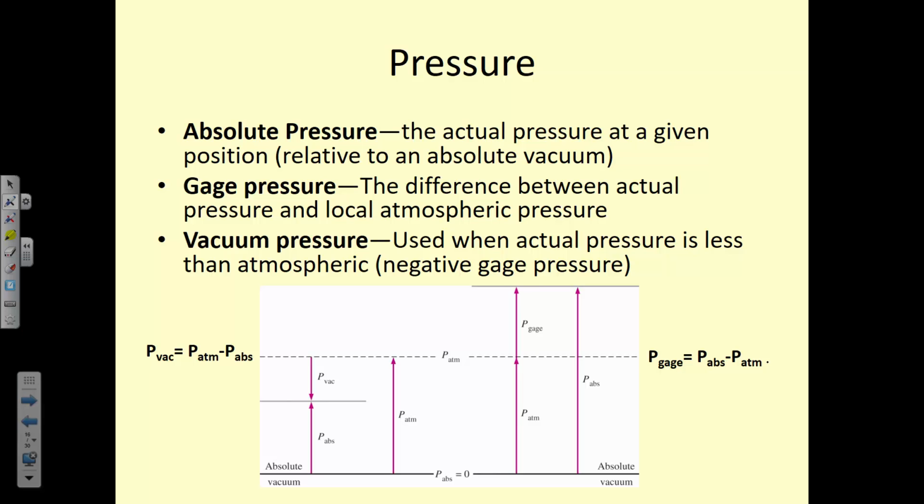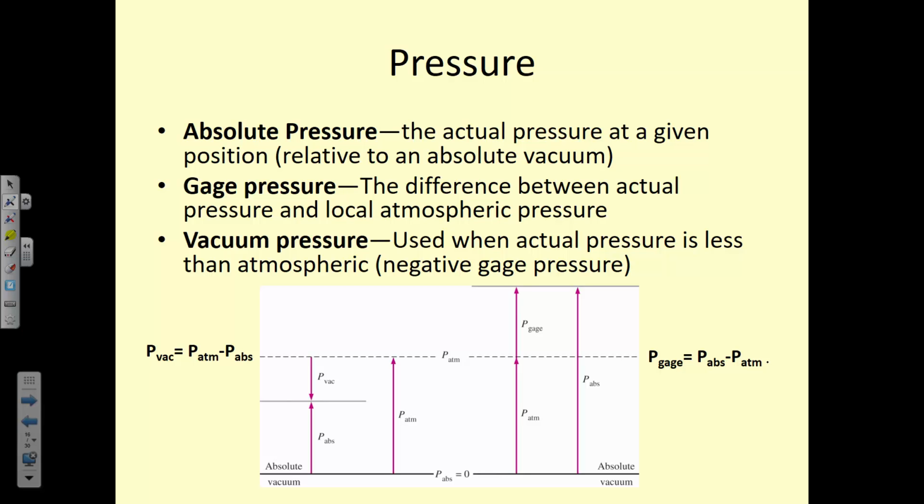However, gauge pressure is the difference between actual pressure and the local atmospheric pressure. So if you're measuring, for example, the air in a tire, the value that you measure is the difference between atmospheric pressure and the pressure inside your tire. That's a gauge pressure. So the absolute pressure would be atmospheric plus whatever it is that you're measuring inside the